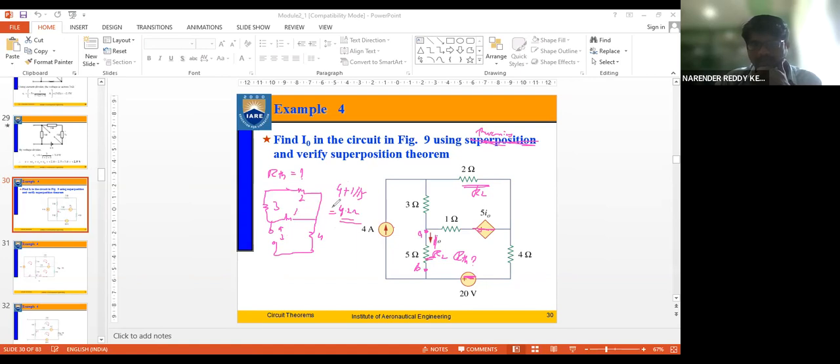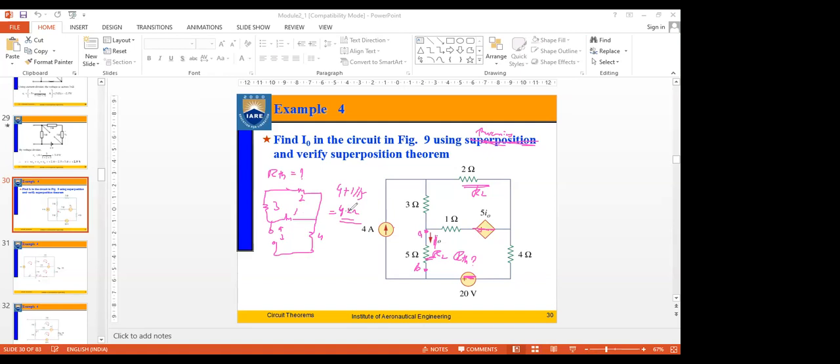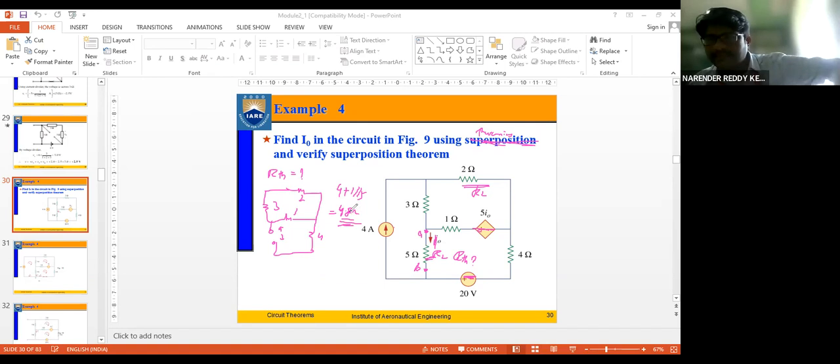What is the equivalent of this RTH? Is that okay? 5 by 6, right? It was 5 by 6. So it will not be 0.2. What is the value you have? 4.8, sir. 4.8, right? So we got the value of RTH directly, but we were